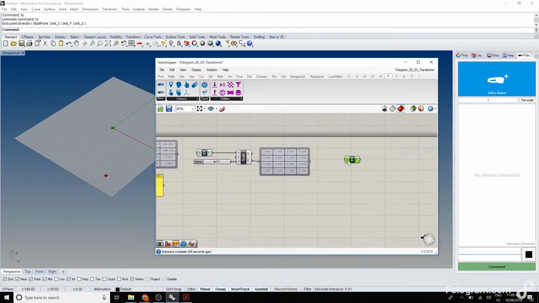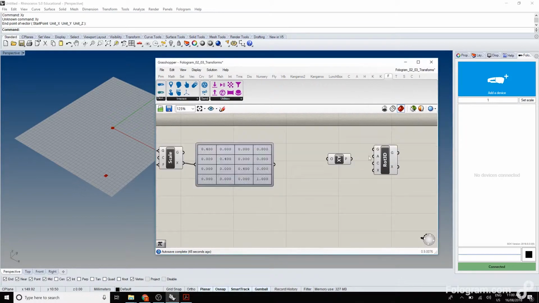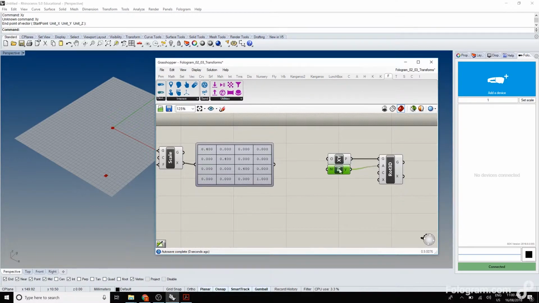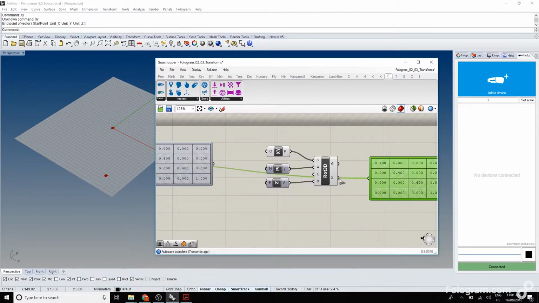So again, I'm going to grab my plane, rotate 3D. I'm just going to rotate it 180 degrees. I think that's what the default is, yep. Around the origin, and let's rotate it around the z-axis. So we get our rotated geometry as normal in Grasshopper, and if we have a look at the matrix representation